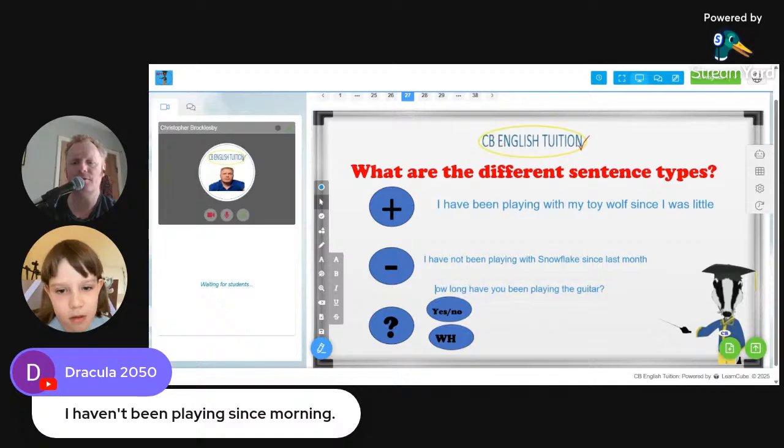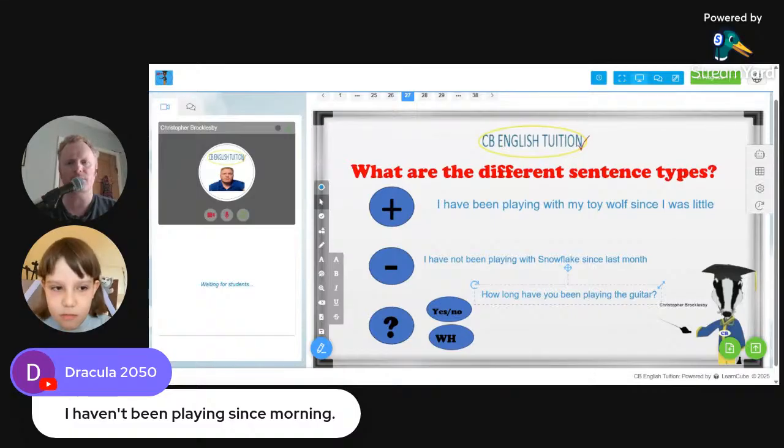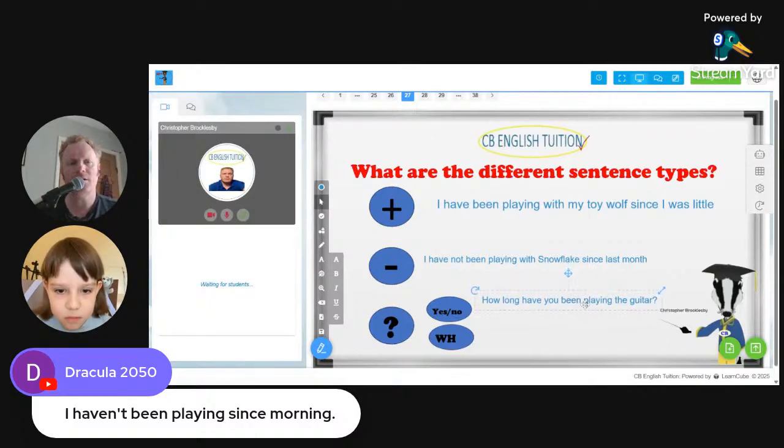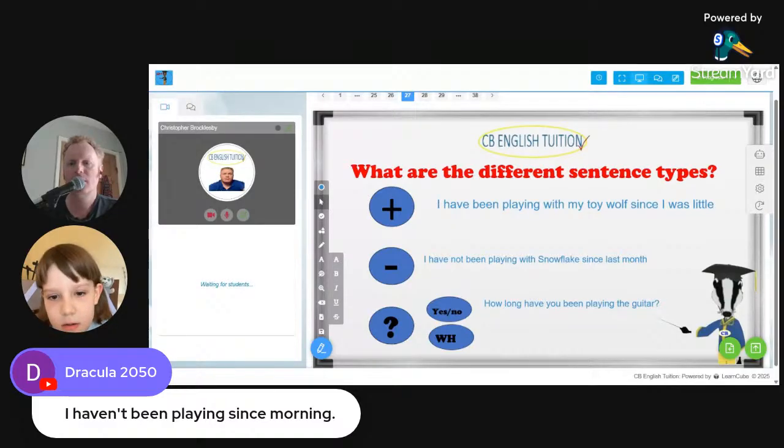That's a good sentence. It talks about playing the guitar from the past up to now, again and again, right up to now. I don't want to tell you because it's a very, very long time, and you might think that I'm very old, like a dinosaur. But I have been playing the guitar for a long time. Okay, any more questions? You can ask the questions to me or Vavara.